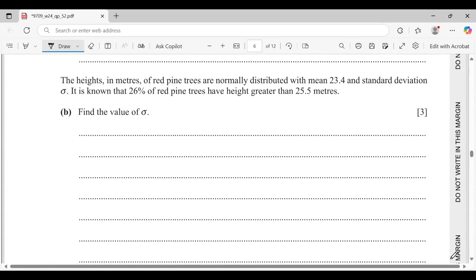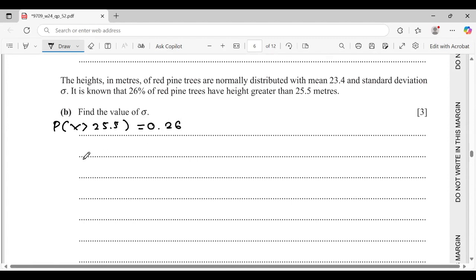The height in meters of red pine trees is normally distributed with mean 23.4 and standard deviation sigma. It is known that 26% of red pine trees have height greater than 25.5 meters. Find the value of sigma, the standard deviation. We're going to find the standard deviation. First, convert the probability to a z-score. The probability x greater than 25.5